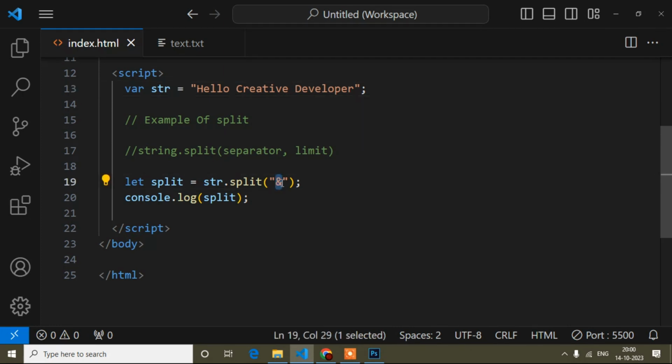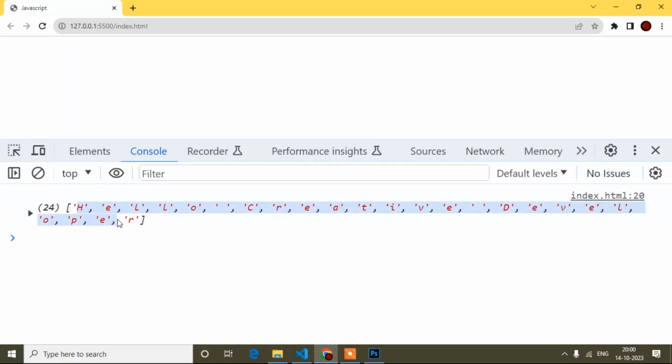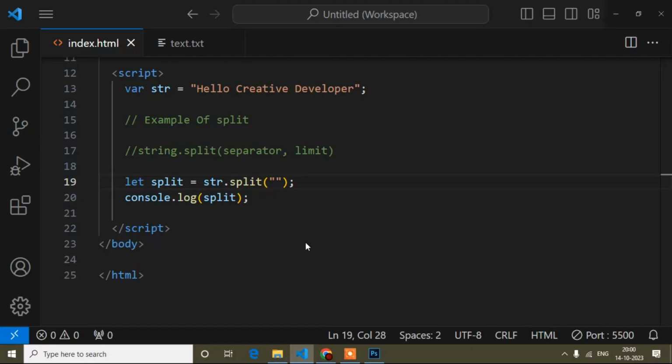This is a very common thing, right? Now any other separator you can also add. Suppose you want to separate from here HELLO, means where it gets no space, from there it will separate. So if I write like this, means no space, see, it's separated this way. Now if I want to separate from here, means where it gets a space, it will separate. So I can write like this. Anything where you want to separate, you can write.